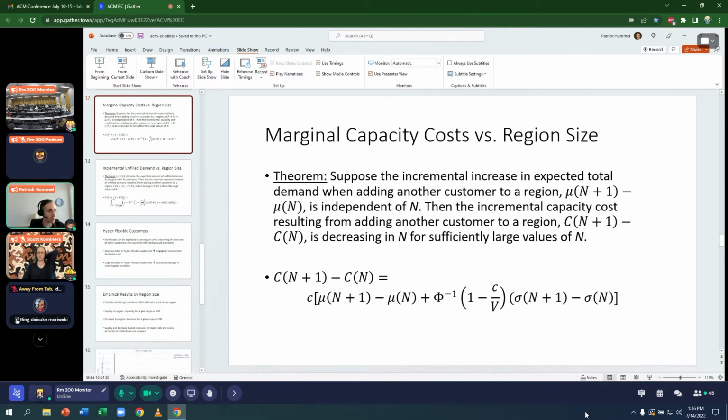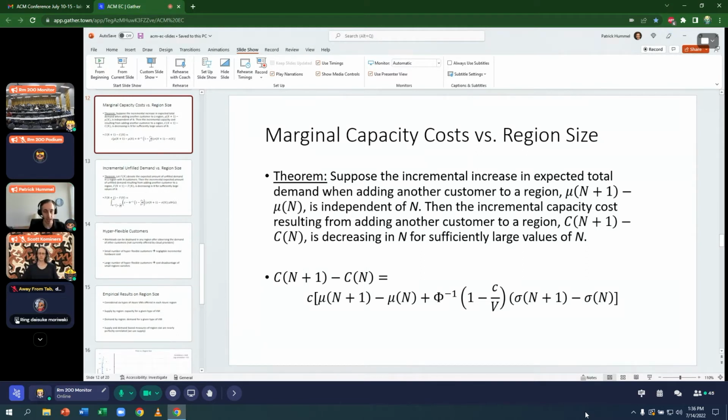But the high-level intuition for why this is true is that in larger regions, the cloud provider does not need to provision as much capacity relative to expected demand in order to have a high probability of having enough capacity to meet demand. So that also means that if we add another customer to that region, that the cloud provider will not need to provision as much additional capacity in order to maintain a high probability of having enough capacity